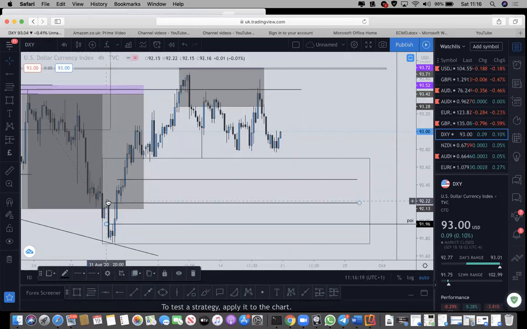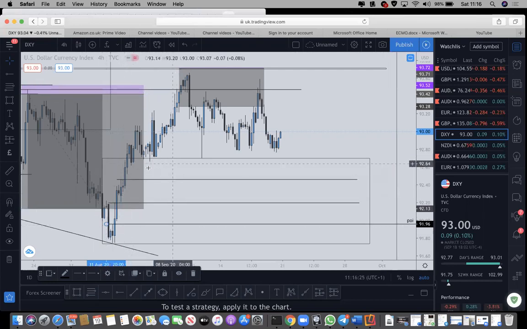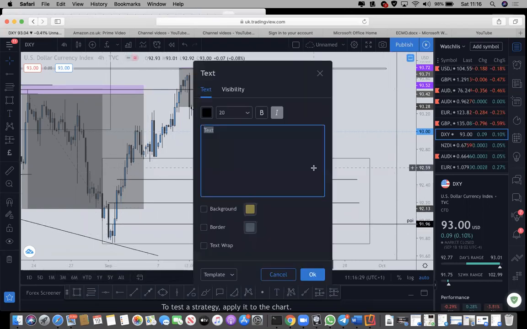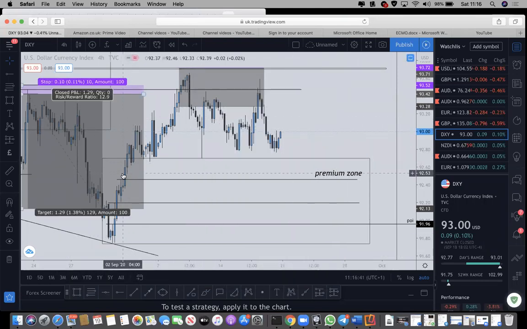So once I have identified my point of interest, the imbalance, institutional candlestick, all in the premium zone. We call this premium zone, everywhere below the 50%. All right. Now you're going to go on a smaller time frame and see the validity of your first point